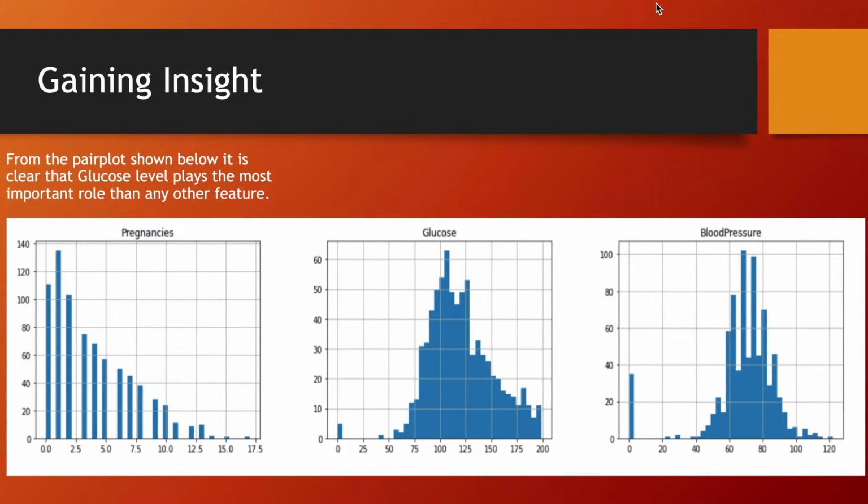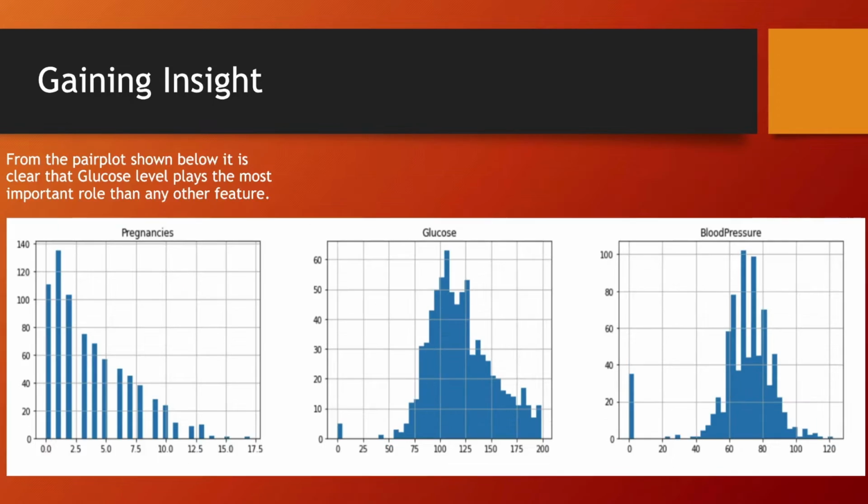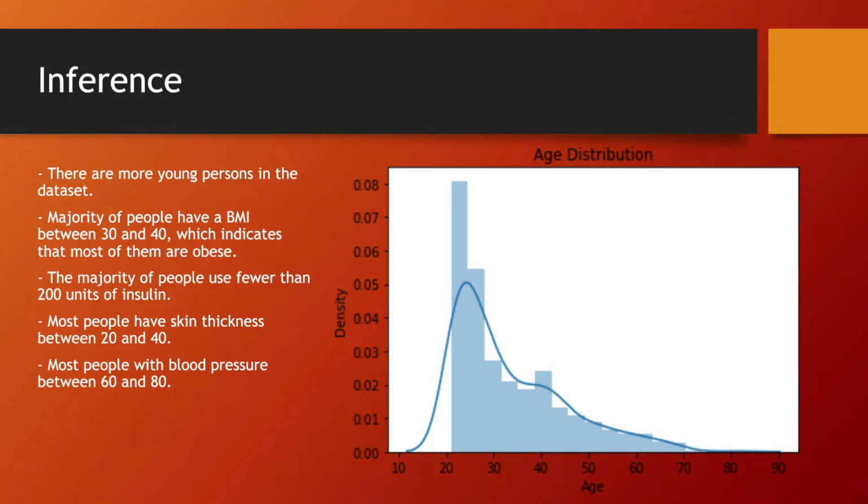From the pair plot shown below, it is clear that glucose level plays a more important role than any other feature. On the next page, we can see some more insight. Skin thickness, insulin, BMI, the age, and the diabetes from the data that we have collected. And clearly you can see that glucose is the most important role. And looking at another instance using inference, we can see over here